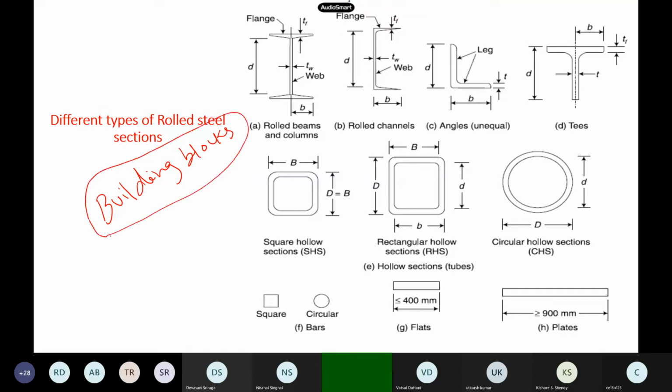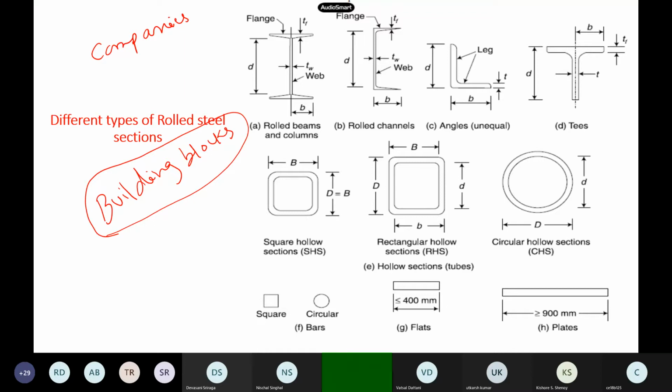As I mentioned here, the main design does not only depend on the engineer, but companies play a major role. This is Tata Steel. Because they are the ones manufacturing the steel, they have these things under their control. All these companies will give you these building blocks. So steel design is essentially like your Lego toys. In Lego also you don't have freedom; they give all the basic building blocks, and with that you have to construct whatever structure you want.